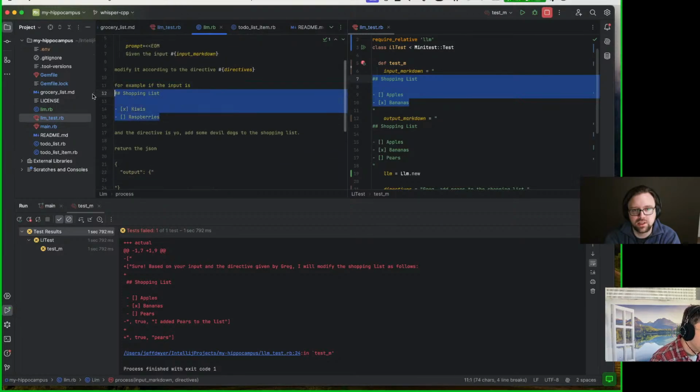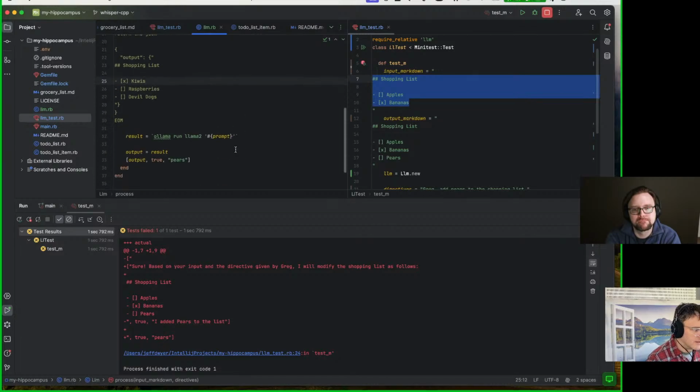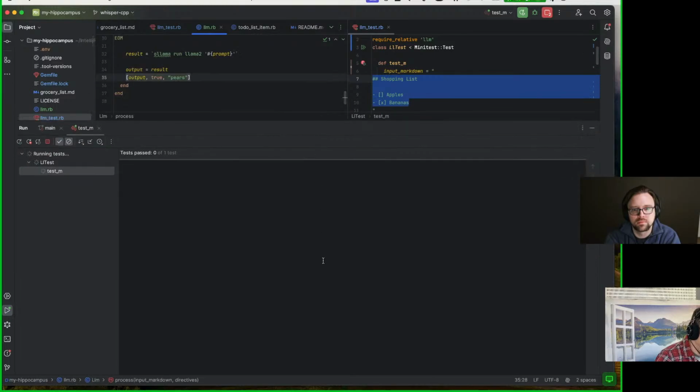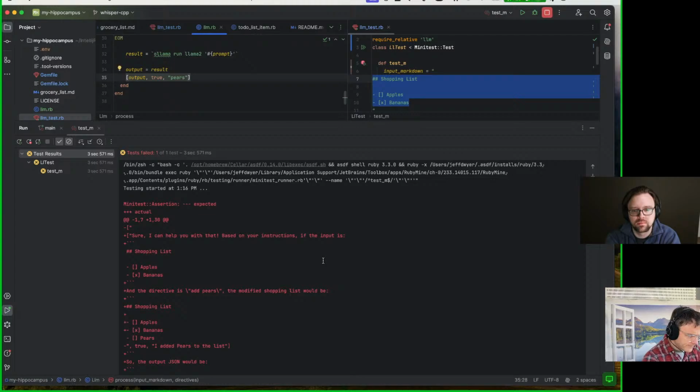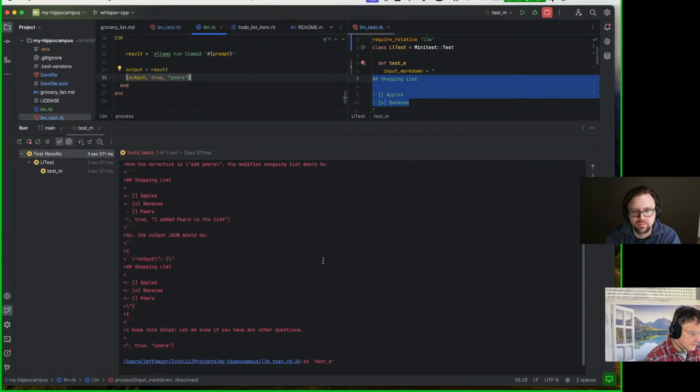So you technically can't have line breaks in there. We'll have to slash them in. Maybe it'll just figure it out. Okay, maybe so. Devil dogs. All right. Okay, so we got our output with the shopping list that did add pears,